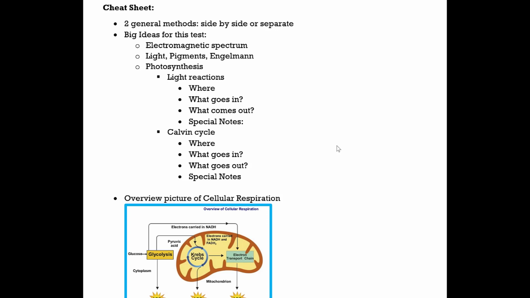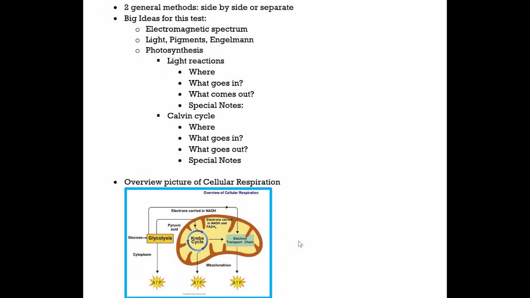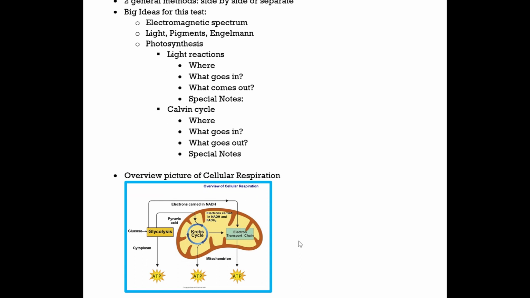It just depends on personal preference. And I would have some kind of general overview image of cellular respiration somewhere. I would really recommend putting something like this right next to an image that shows all of photosynthesis, just for